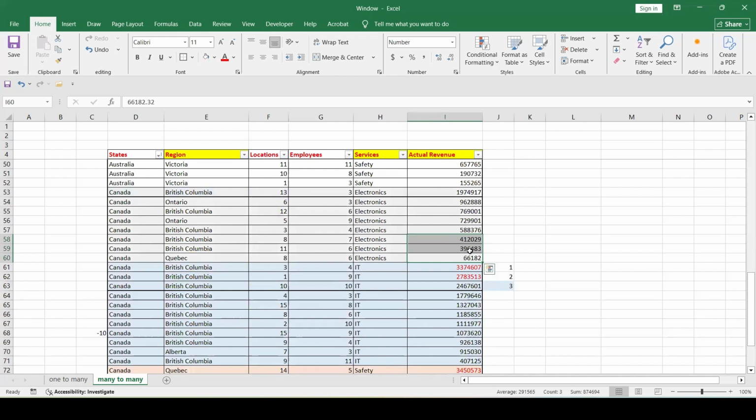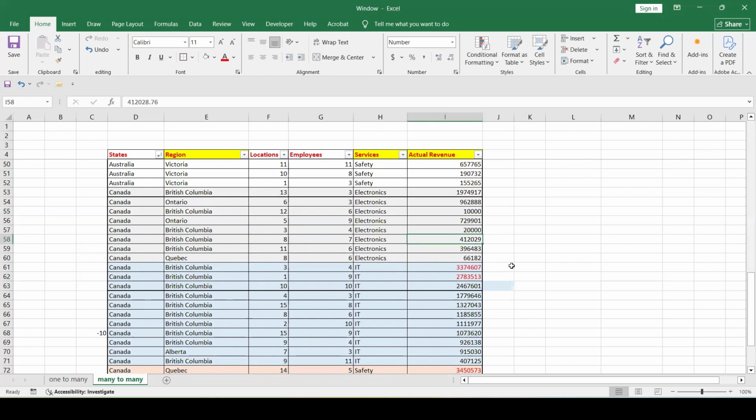Somehow it is range data, but for the sake of the exercise, let's change some numbers here and see if we get the update. So I want to put here, let's say 10K. Then I want to put here 20K.